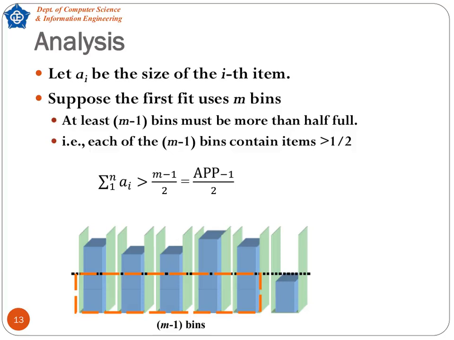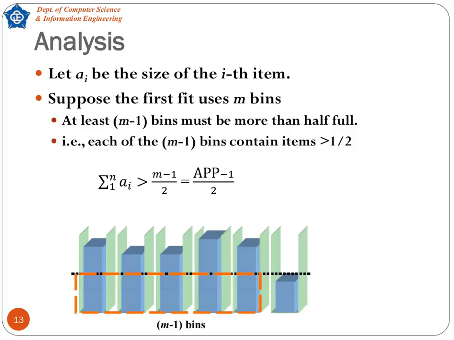To visualize this concept, let's look at the graphic below. Here, you can see several bins, depicted as vertical green rectangles, with various items packed inside, represented by those blue bars. Notice the dashed orange line. It highlights that a significant portion of these bins, specifically the m1 bins grouped at the bottom, are indeed filled above the halfway mark, which is clearly indicated by the horizontal black dashed line. The very last bin, the mth bin on the far right, is the only one that might be less than